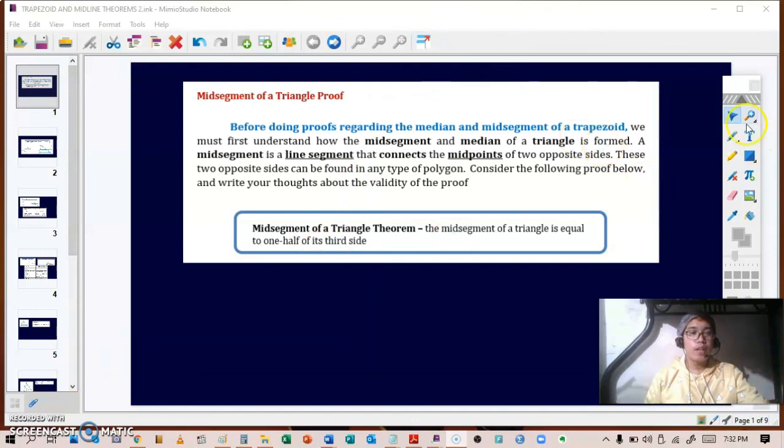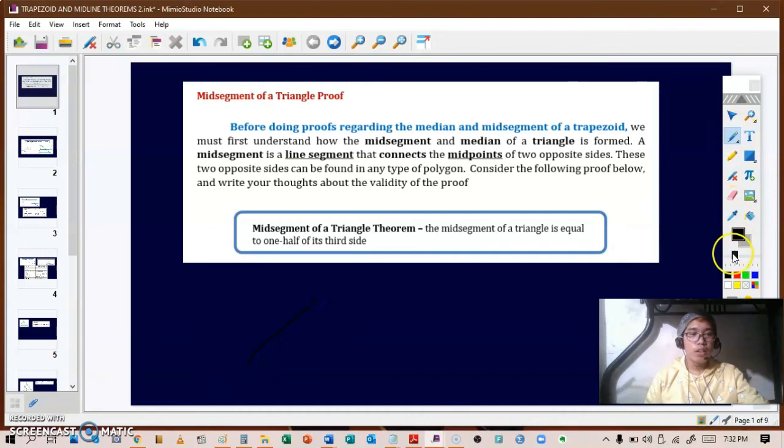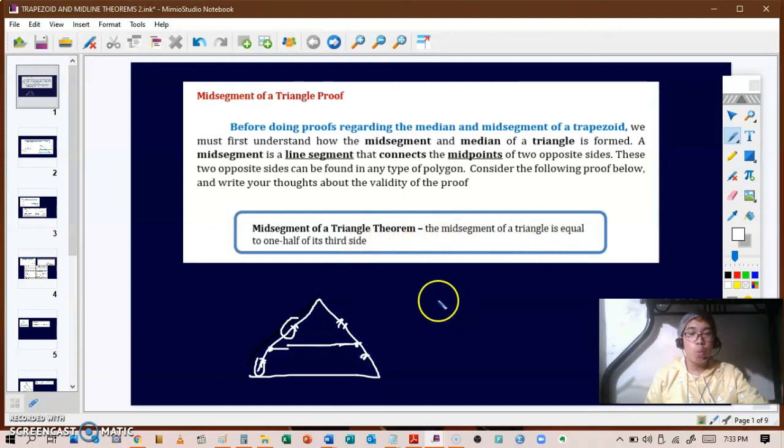So if for example we have here this triangle, that means the mid-segment connects these two opposite sides at their midpoints. So that means this is congruent to this. This is congruent to this, and this 3 marks is congruent to this 3 marks. So the mid-segment of a triangle theorem states that the mid-segment of a triangle is equal to 1/2 of the third side. So we'll see that